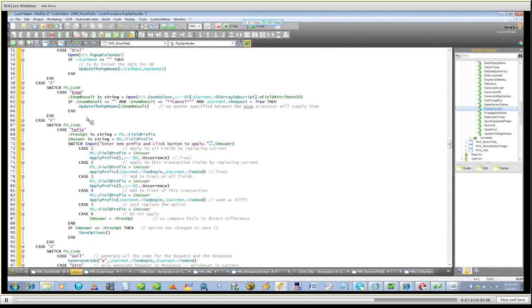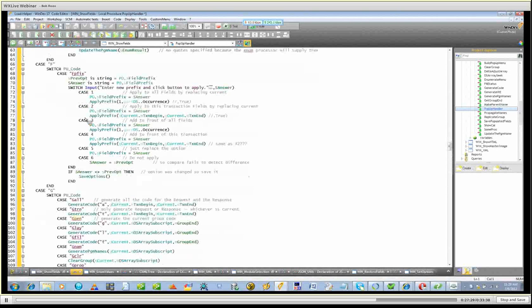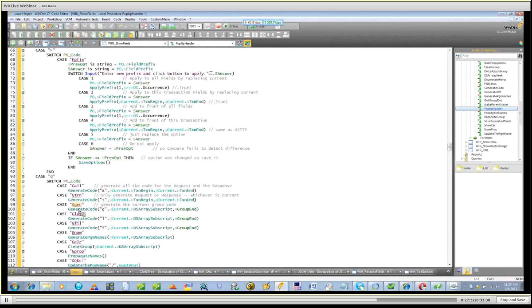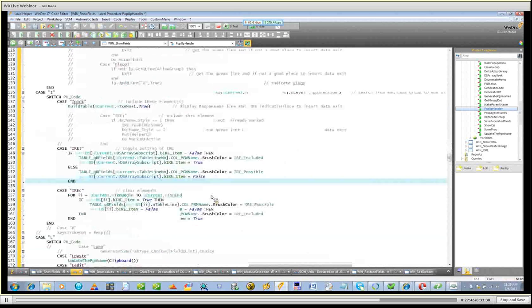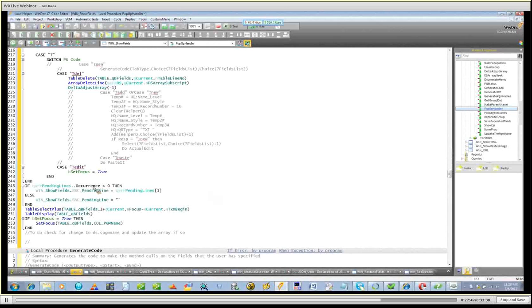And that is really what happens. So I execute whatever code is necessary, whatever functions are necessary to perform based on the particular item. Generate all: it calls the generate code procedure, with some parameters about what line the user was on, and so on down the line. So once those functions are finished, then